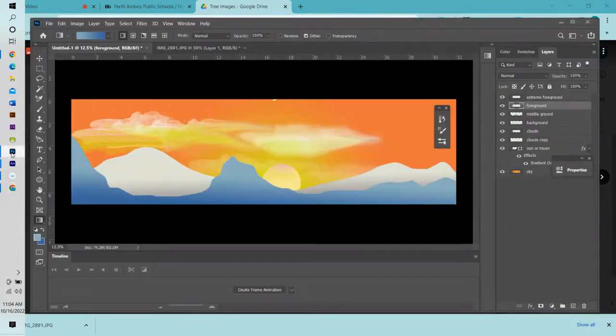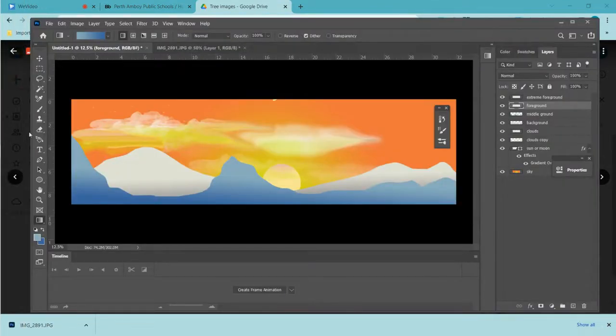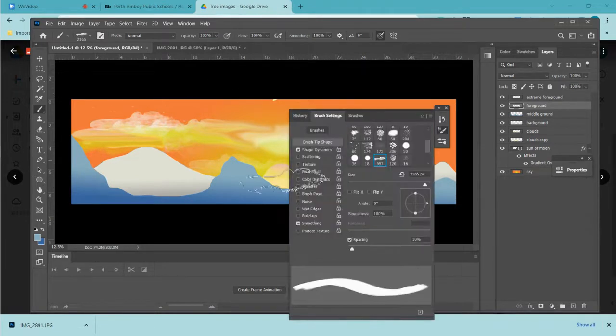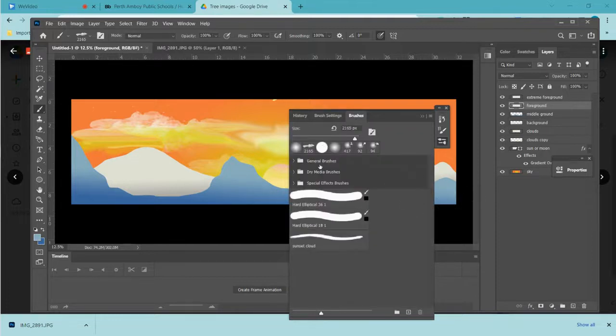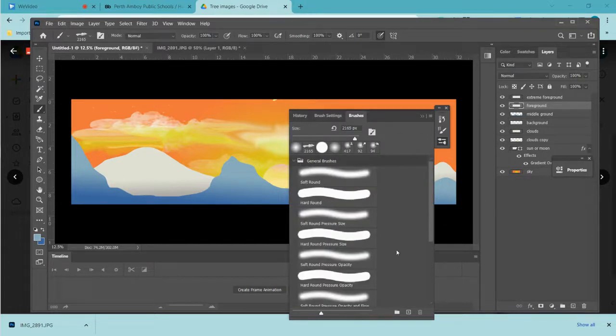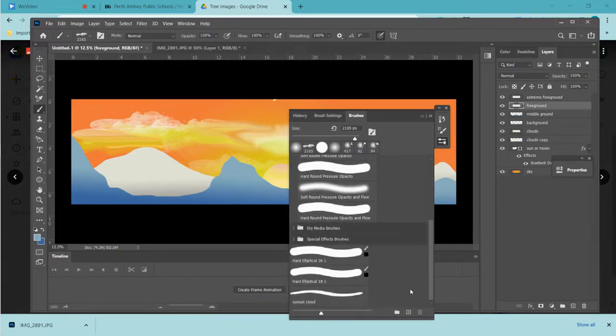Now for this, I'm going to use a Wacom drawing tablet, which we have in our classroom, because I'm actually really drawing. Now, the one thing is I'm going to go to my brush tool, and I'm going to put the opacity at 100%, okay? I'm going to go to my brushes, and I'm going to go to this folder, and if you go up here to general brushes, I'm going to pick